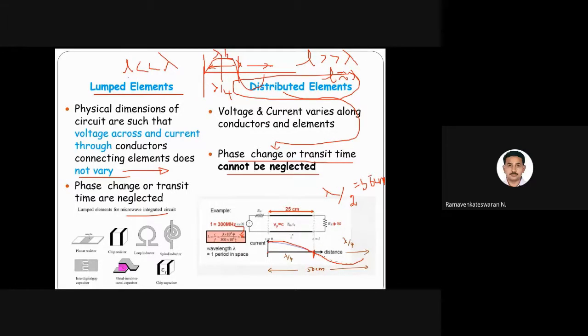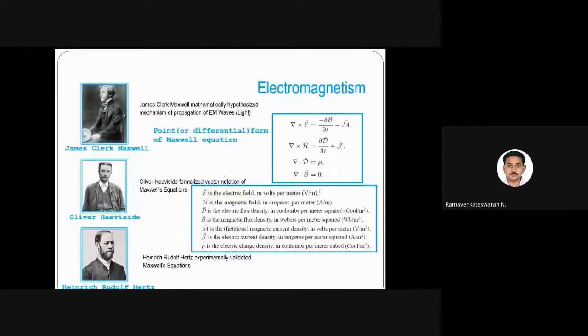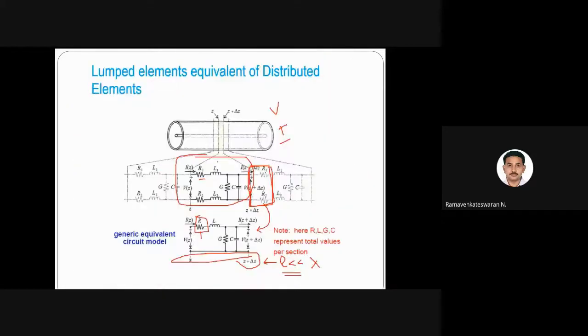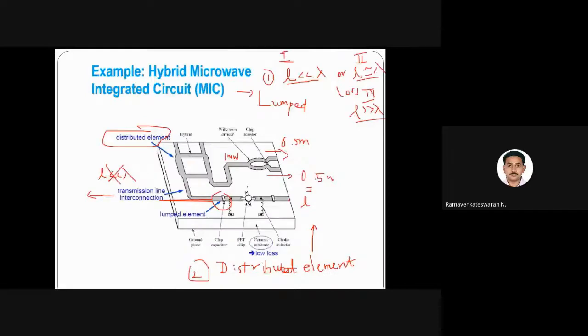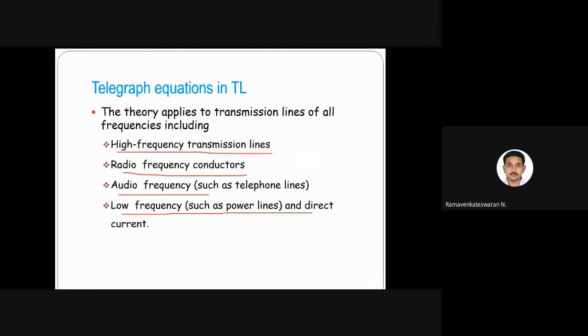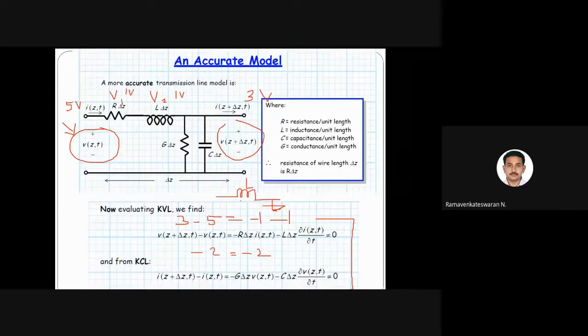Especially this will happen in the coaxial cable, telephone lines, fiber optics. So I have to model these distributed elements into lumped elements to find out what is going to happen. This is what I'm going to do with the distributed elements: make the equivalent lumped element model, write this lumped model as RLGC, write KCL and KVL equations and start deriving what is the relation between input and output voltage and input and output current. So that is the idea.